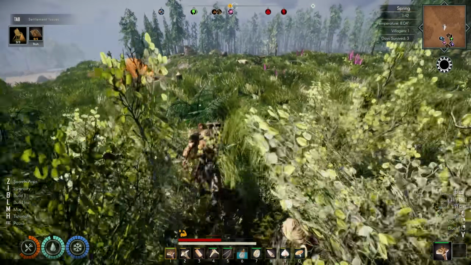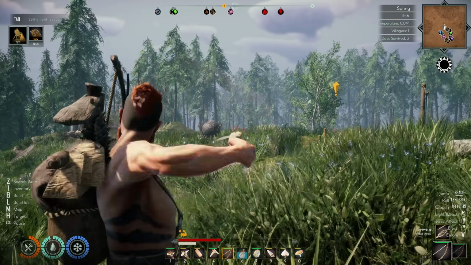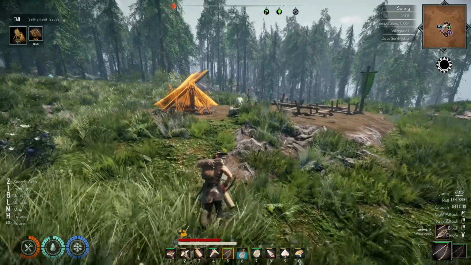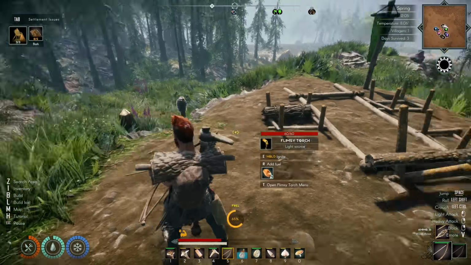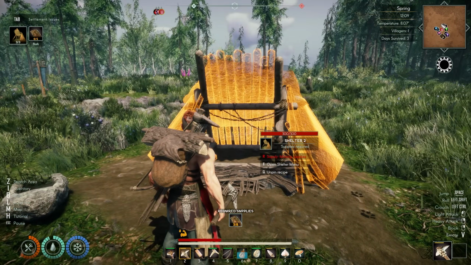Those things are back. Look at them, going right straight into the camp. Here, take that. 6 damage. Are you kidding me? There's another one over here. These things are awful, man. 6 damage again. Okay, so before they eat us out of house and home, I gotta figure out how